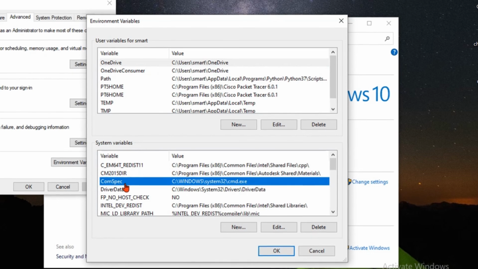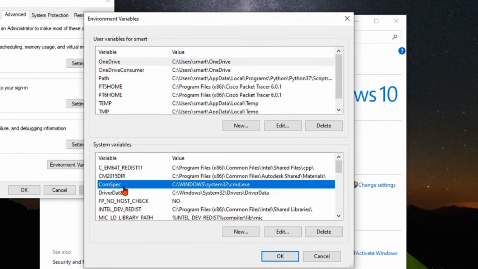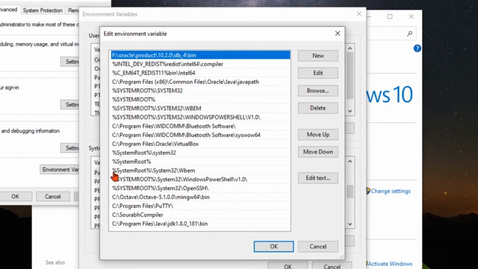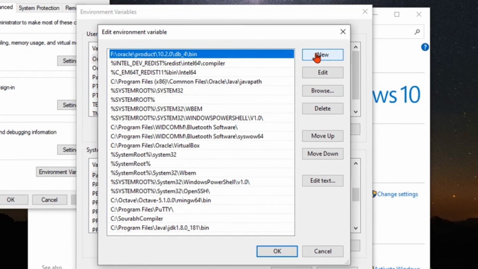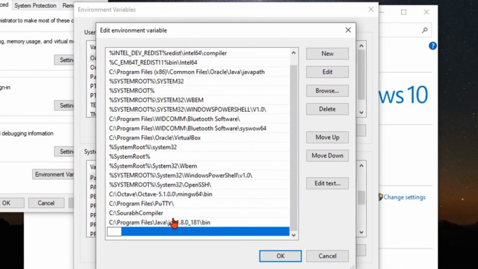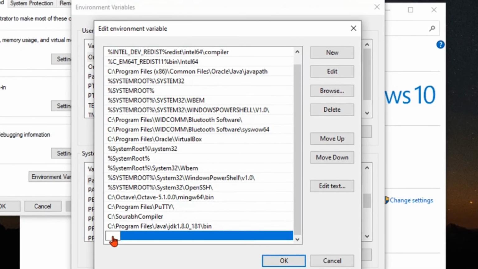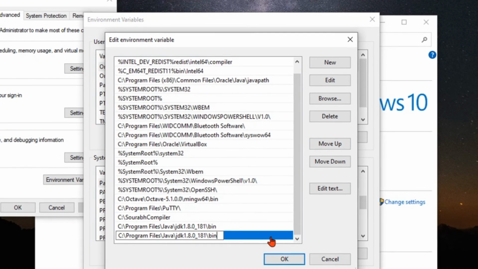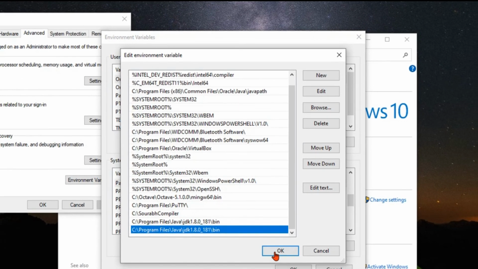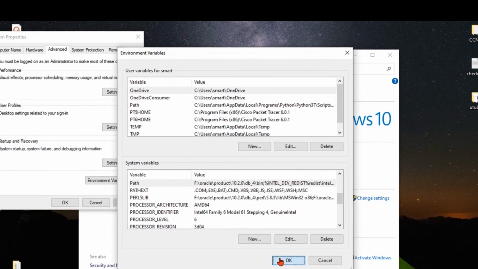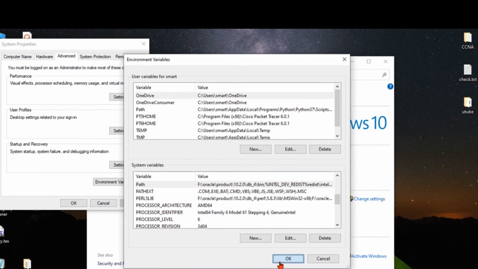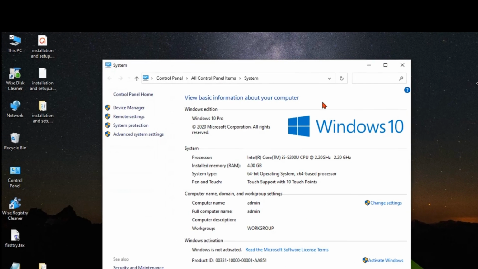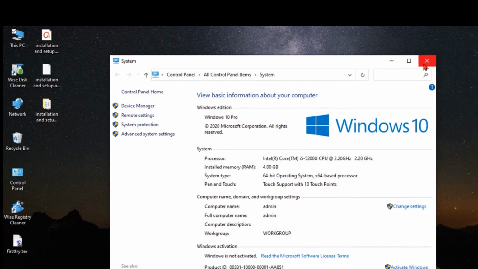Search here for the Path variable, just search for P, Path. Here it is, double click and open it, then go to New and paste that path here. Then enter, then hit OK, OK, and OK, and that's all.